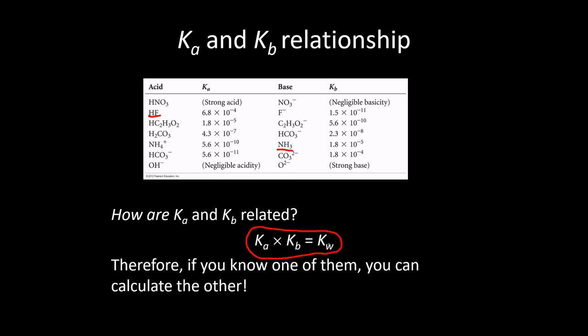So Ka times Kb is equal to Kw, and just in case you don't remember what Kw is, it's just 1 times 10 to the negative 14. It's the equilibrium constant for the autoionization of water. So even if you don't know the base dissociation constant for a weak base, if you're familiar with the weak acid that it's the conjugate of, you can work out Kb using this equation, which is pretty nifty sometimes,